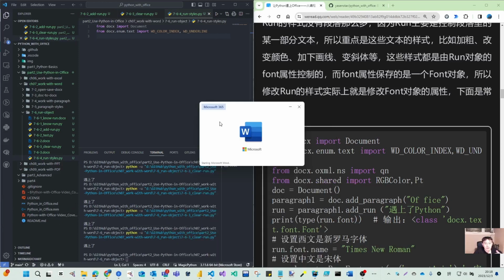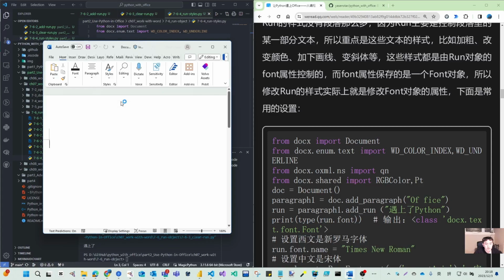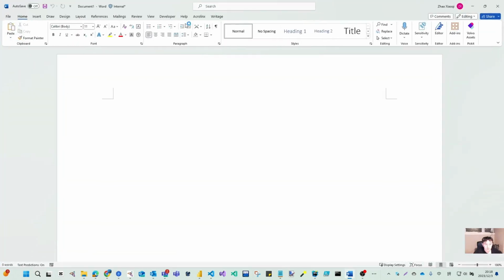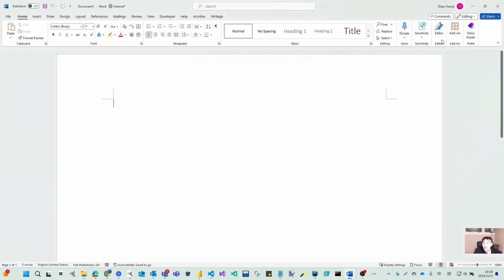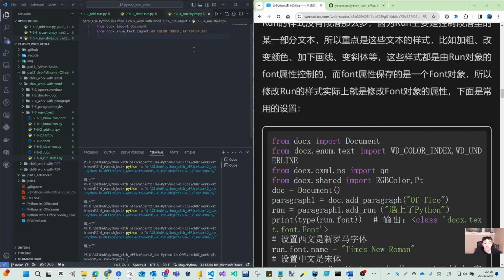Remember last section when we did the paragraph style, those settings are in this group, paragraph. For run, their style is categorized into the font. So all those font settings, if you click this arrow, you can set here, then you can access those styles from this font, the run style. So we just try to make some OXML